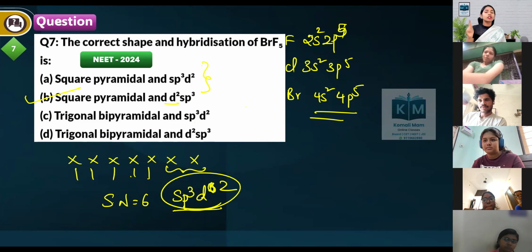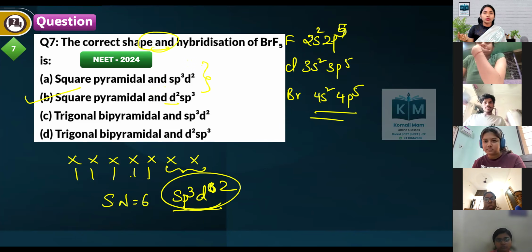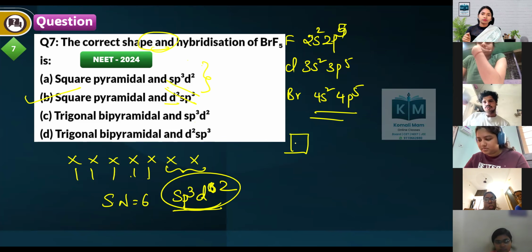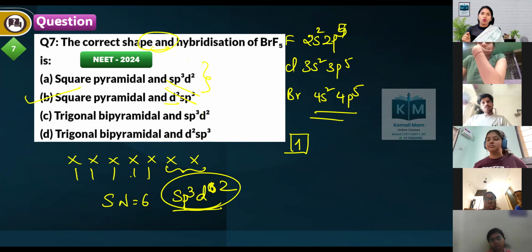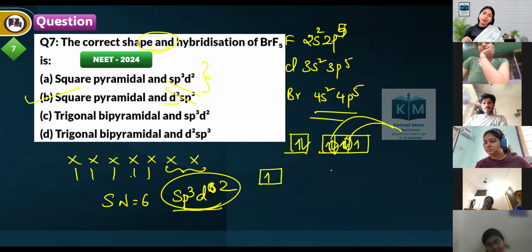So empty orbitals of which one will be present? 4d. Then it will be sp3d2. Correct? sp3d2. How many? 2 s electrons and 3 p electrons: 1, 2, 3, 4, 5. Am I right? Now this will jump and this will jump. Then if one s electron jumps, then it will be